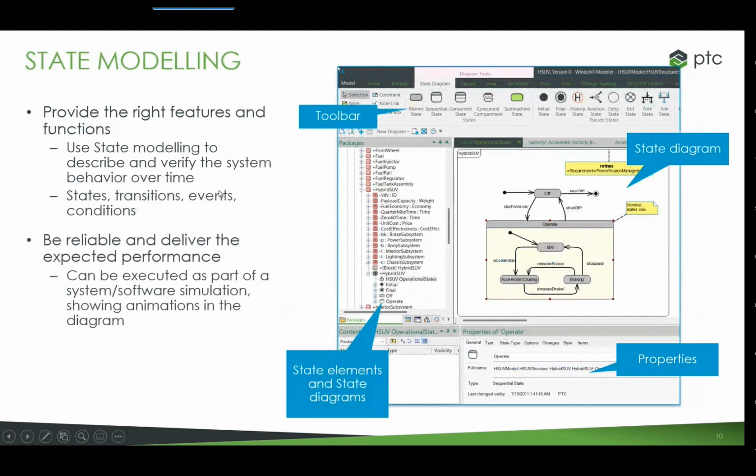State modeling is similar to activity modeling, but it's not focused on the actions and activities. It's focusing on the operational states of a system. So this helps us to understand how the system changes over time and how the functions are used over time. It helps us to be reliable and deliver the expected performance, because we can see here that we have different